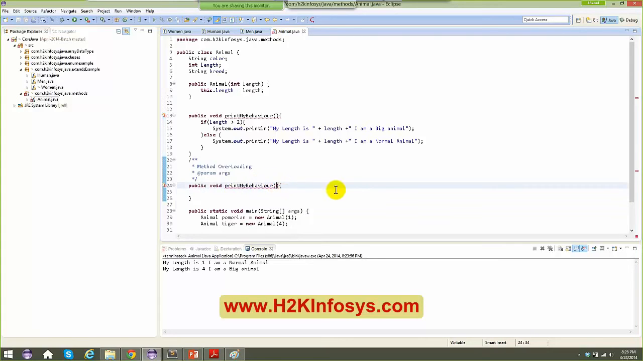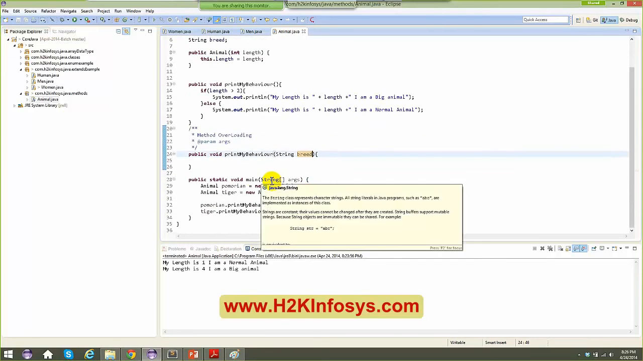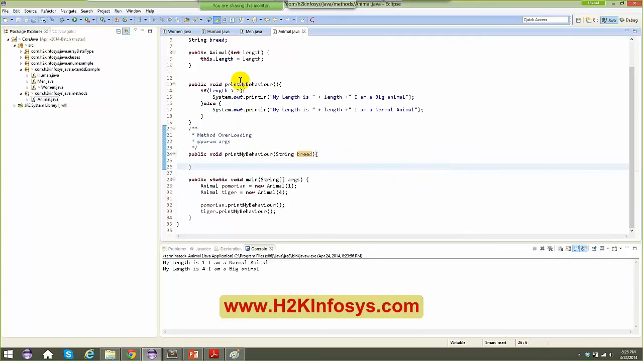Okay, now what I'm going to do is say, let's say, string breed. All right, so what I did is I have overloaded this particular method right now. If you can see, I'm having the same method name, right? The return type is the same, but when you talk about a signature, everything comes into the picture. So your signature should be different between two methods in a class. In that case only you say it is method overloading. Okay,